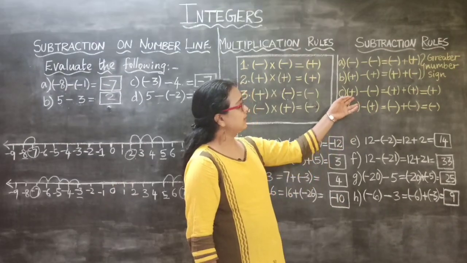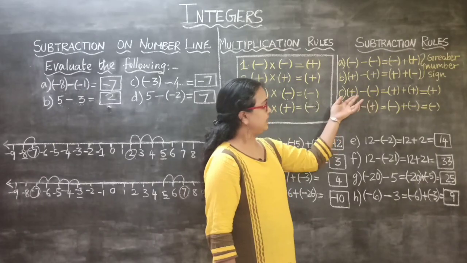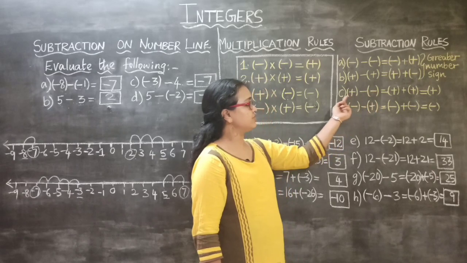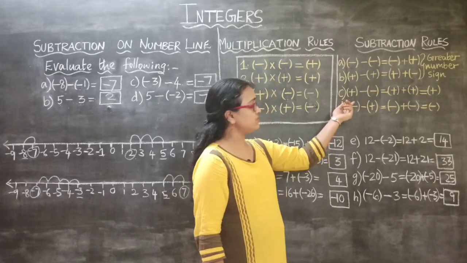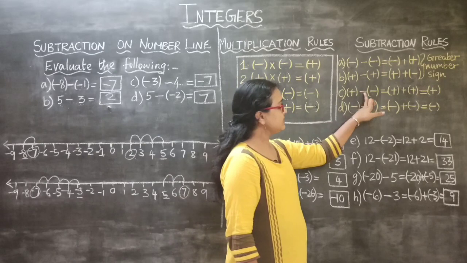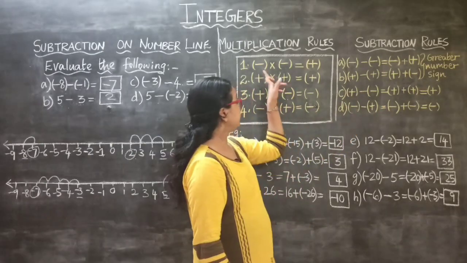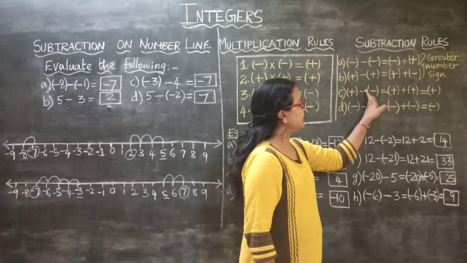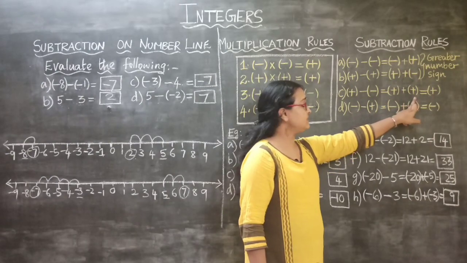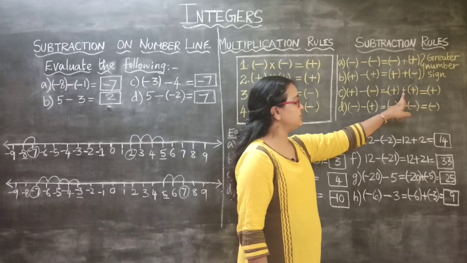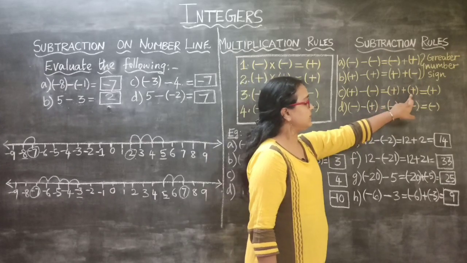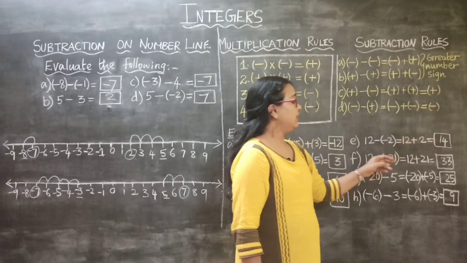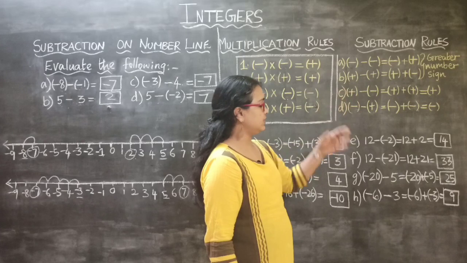The next rule is for two different integers. That is, one positive integer and one negative integer. When there are two different integers, what we need to do is minus into minus. You can see here minus into minus is plus. So here minus into minus becomes plus, and now we have to put the addition symbol for this, and plus. Now both are positive integers, so the answer will be a positive integer. Now let us see the example for this third rule.